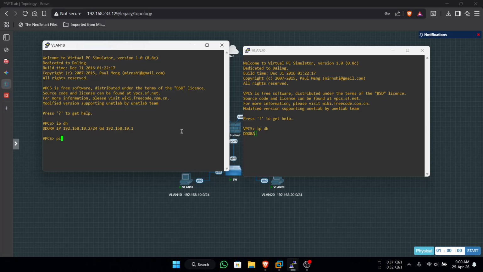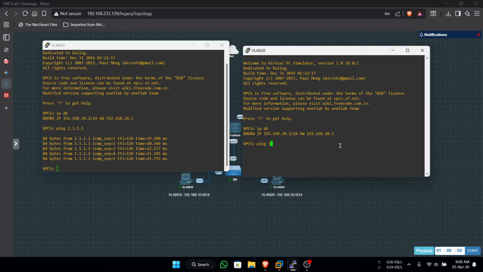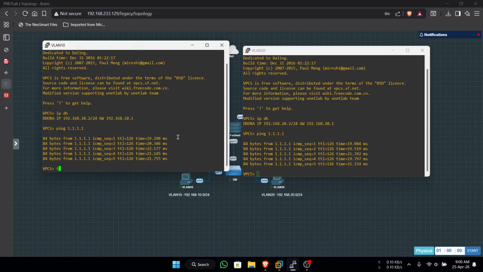Testing ping. Okay, your computer is able to ping to the internet. Okay. So try to trace 1.1.1.1.